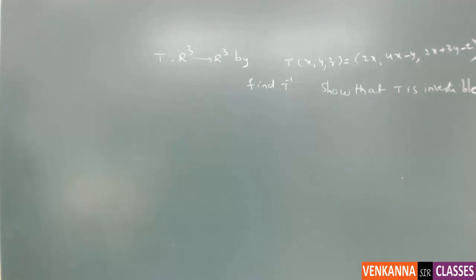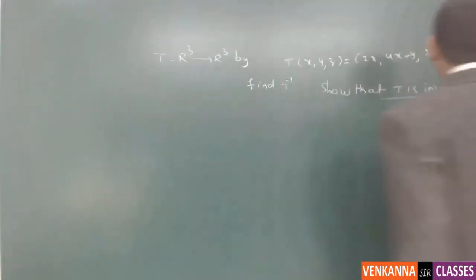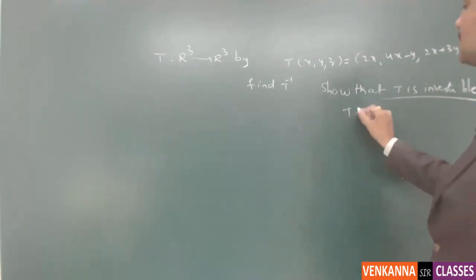Here you need to compute two things. Usually one will be given to you in the exam. One is you need to show T is invertible, that means you are able to say the function is invertible and the inverse will exist for it. And if it is so, you need to calculate what is the inverse mapping, T inverse. It is just like if you have a function f which is a bijection, then find f inverse, the inverse function. Now for proving that T is invertible, we should say T is non-singular,